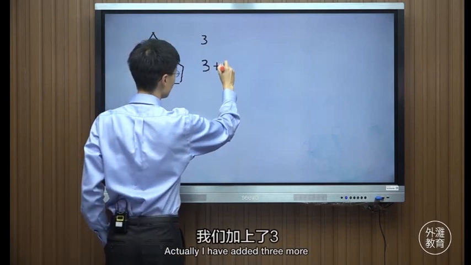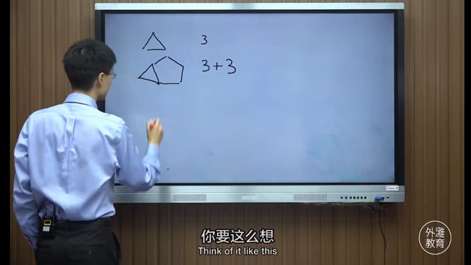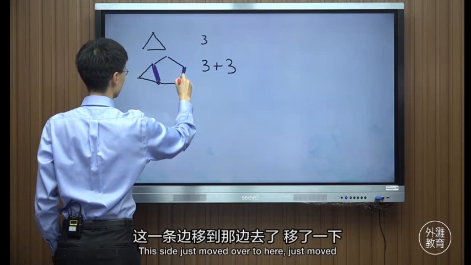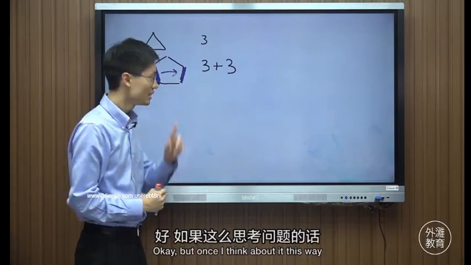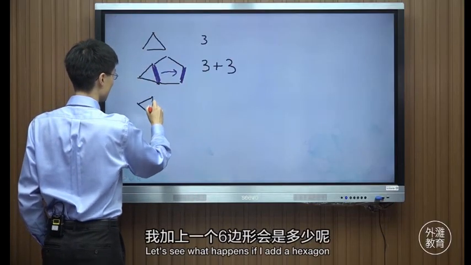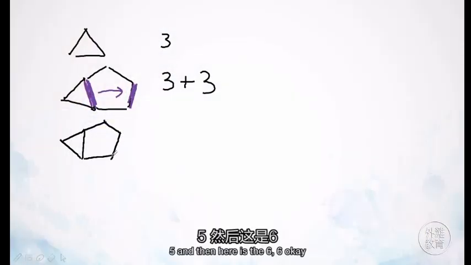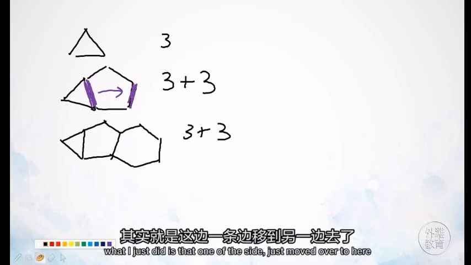Actually, I have added 3 more, and here's how to think of adding the 3 more. Think of it like this. This side just moved over to here. It just moved. And so I added 3 more. Okay? But once you think about it this way, let's see what happens if I add a hexagon. 5, and then here's the 6. 6, okay. So it was 3 plus 3, but when I added this one, what I just did is that